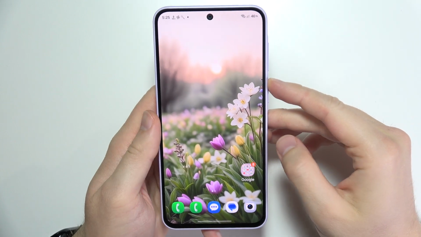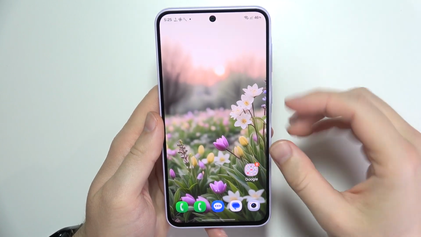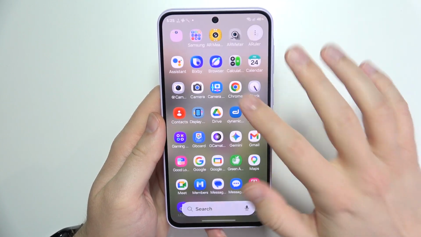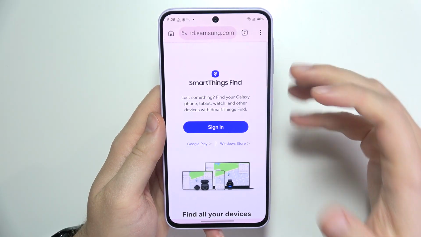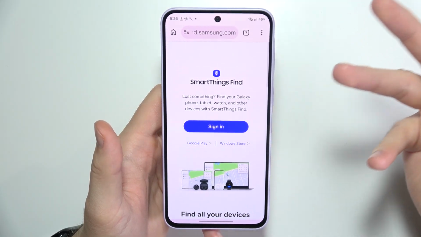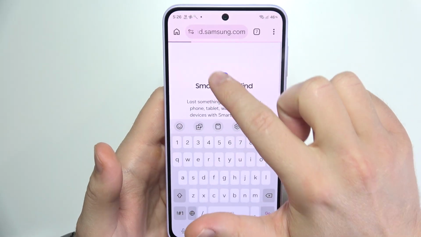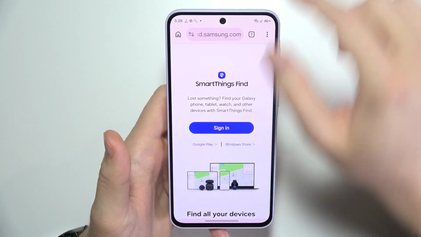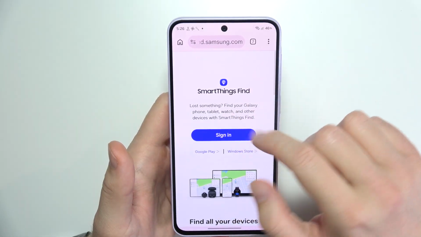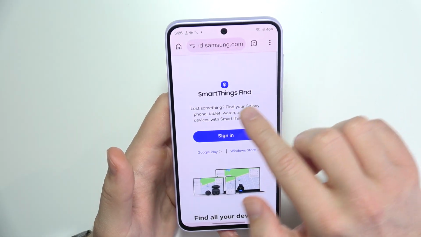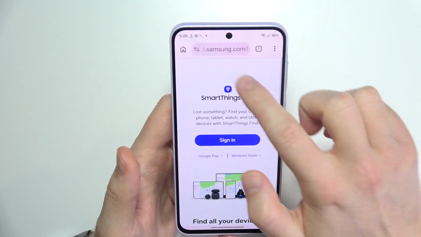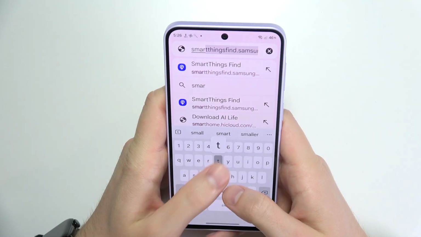To find your Samsung Galaxy A57 if lost, you can do this in two ways. The first one: you have to open your browser, of course, on this PC or a second phone, and enter this website. The address is smartthingsfind.samsung.com. If you input just this phrase into the search browser, even like this, "smartthings,"